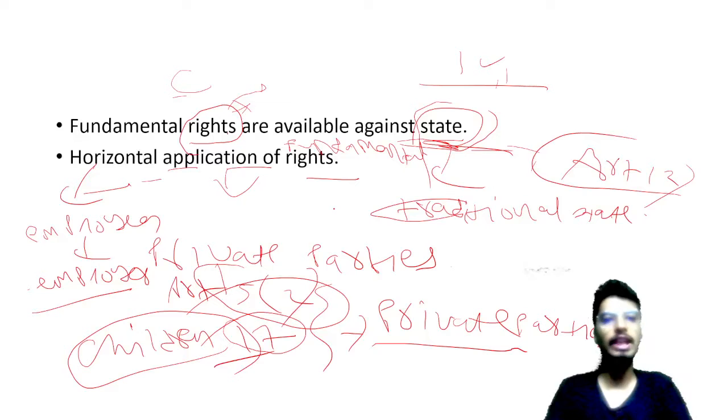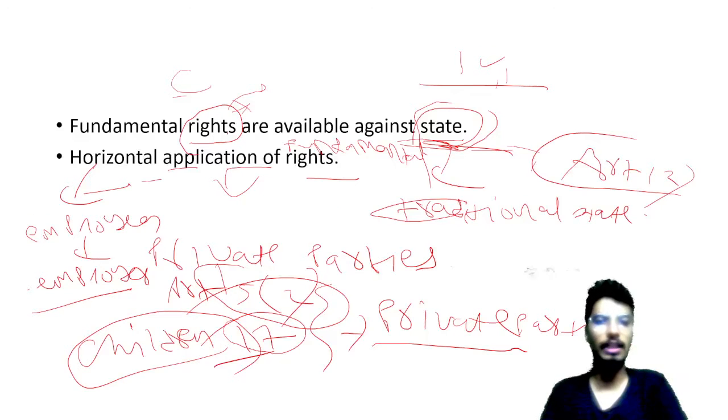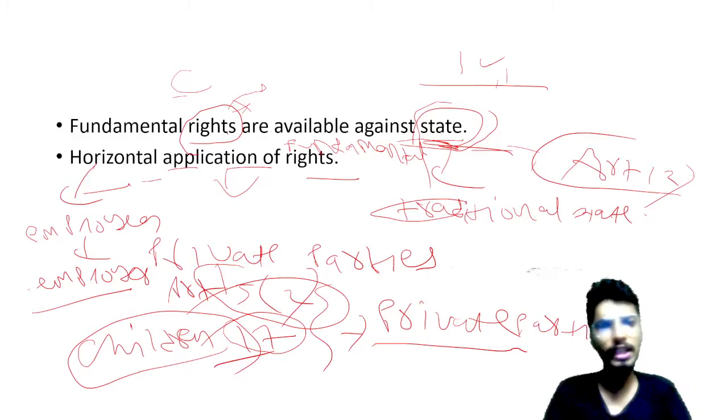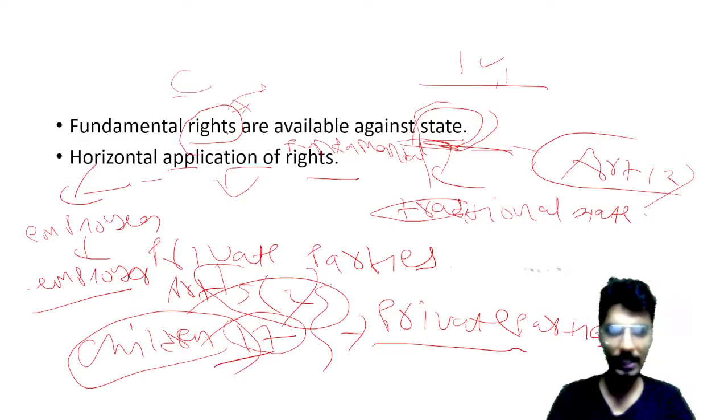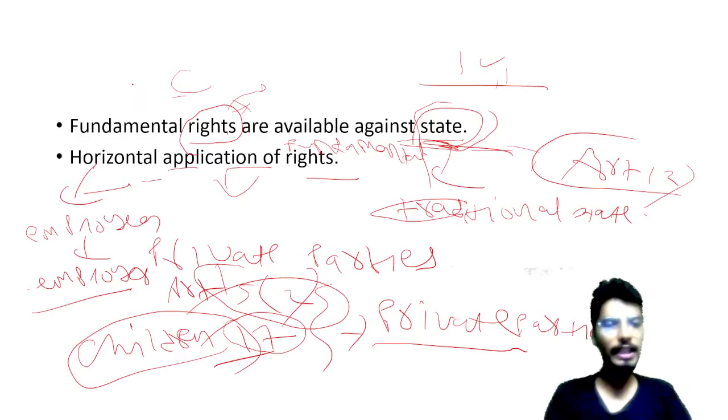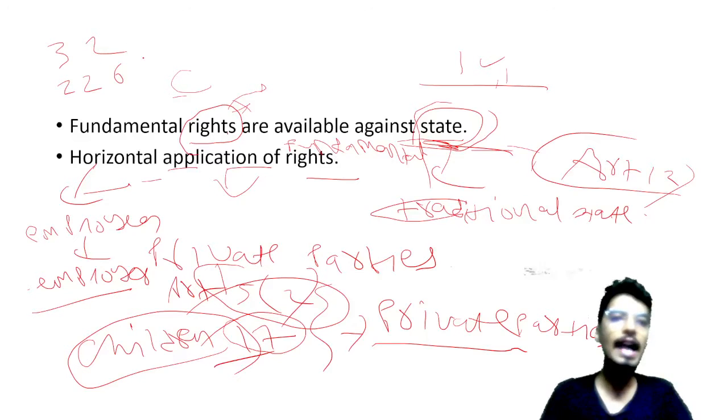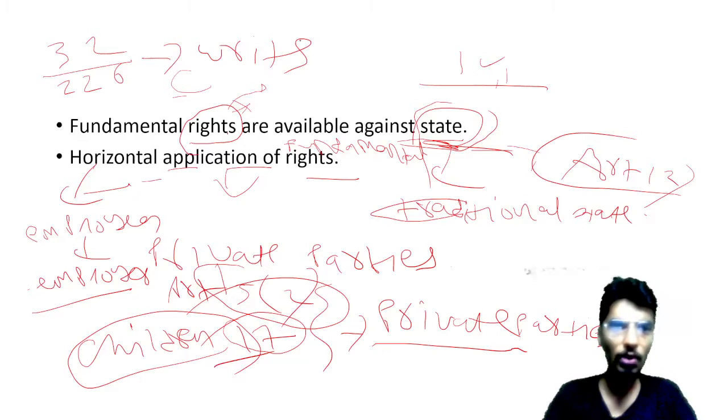So it is not that now only fundamental rights are available against the private party, it is not like that. तो आज भी स्टेट के अगेंस्ट फंडामेंटल राइट्स आपके अवेलेबल हैं. अगर फंडामेंटल राइट्स का वायलेशन होता है, if State is violating your fundamental rights, then you can go to the सुप्रीम कोर्ट अंडर आर्टिकल 32 और you can go to the High Court under Article 226 and writs can be issued. So when we will read Article 32, then we will see about particular writs.